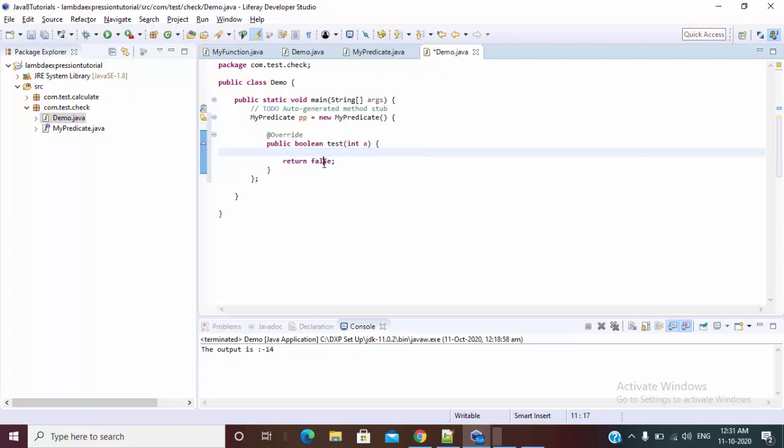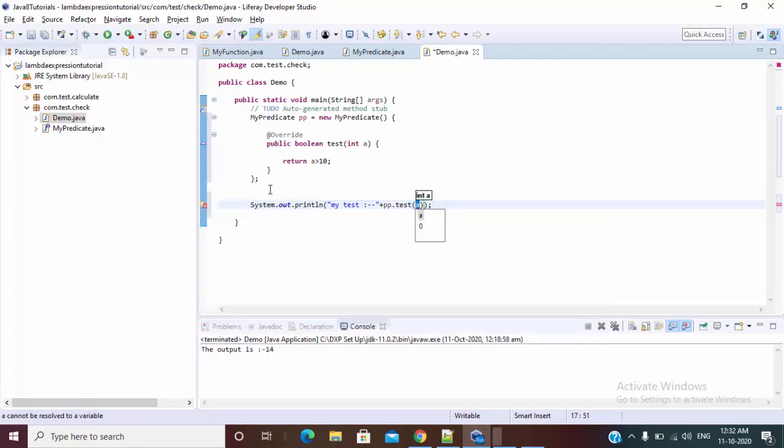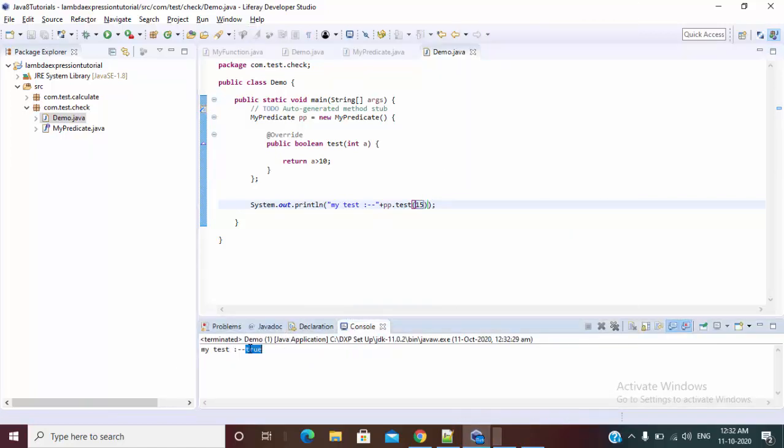So this method just tests whether the provided variable is greater than 10 or not. Okay, so let's check the output, and let's pass 15. Now you can see this is true.